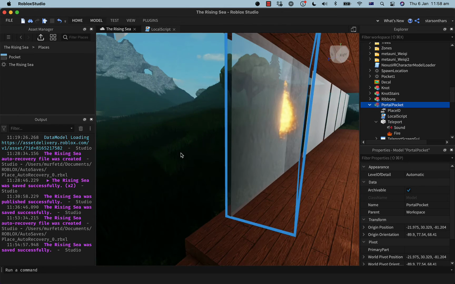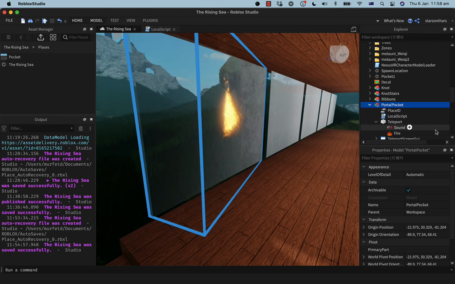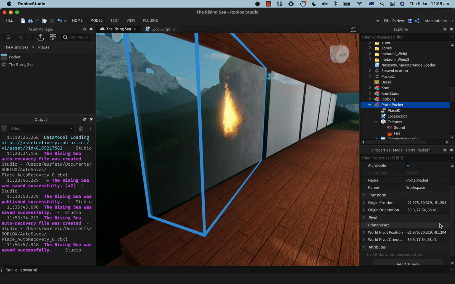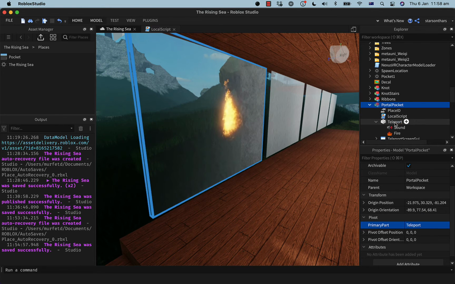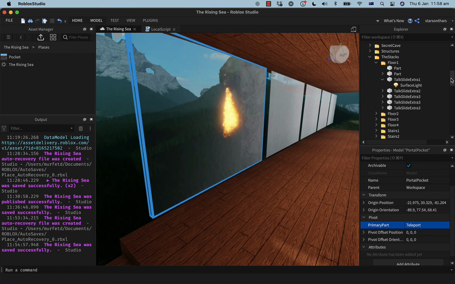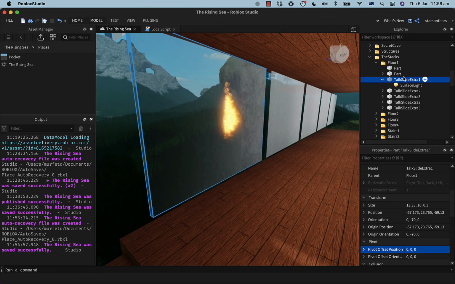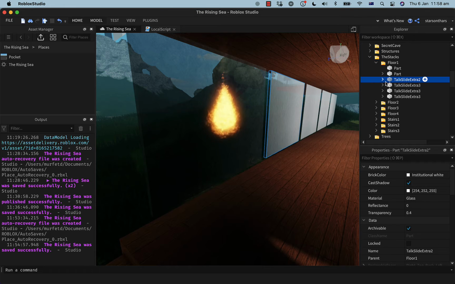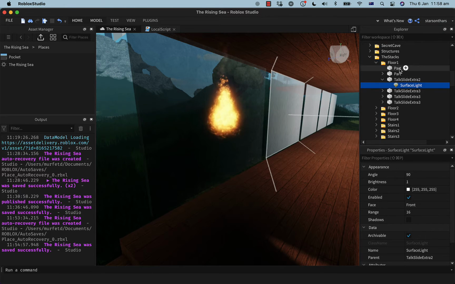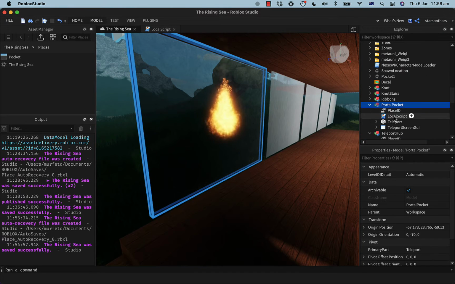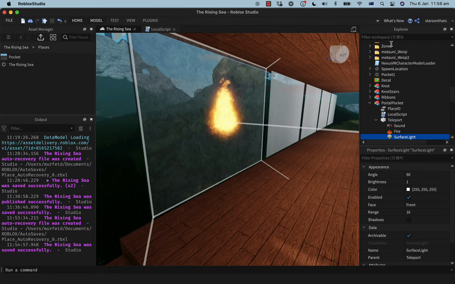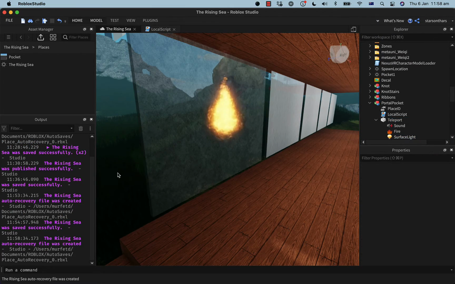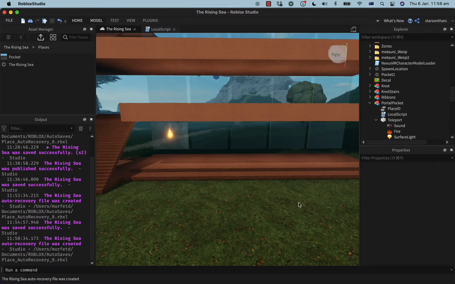Oh, it's still got some model stuff. Yeah, okay. If I set your primary part, will that kill it? Yeah, good. Alright.